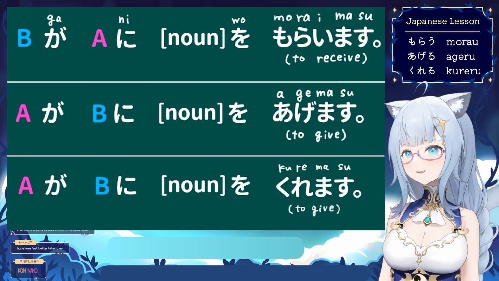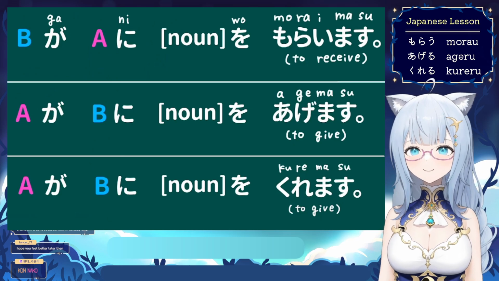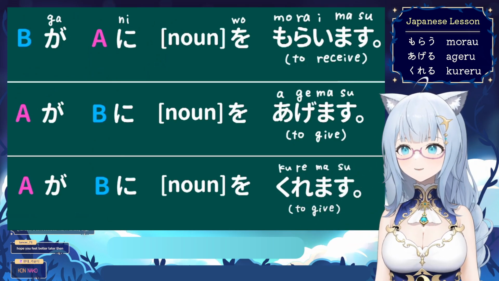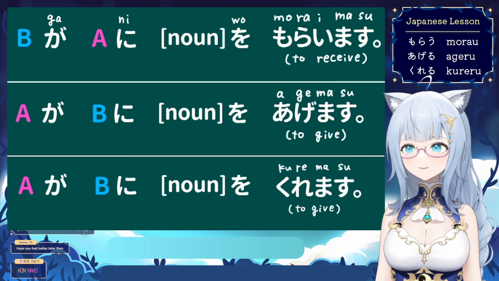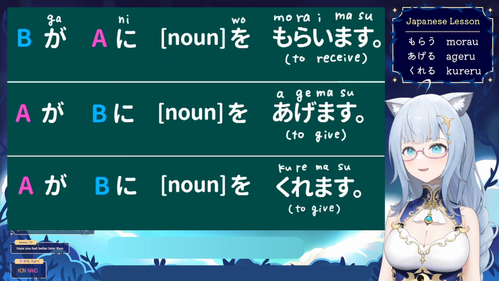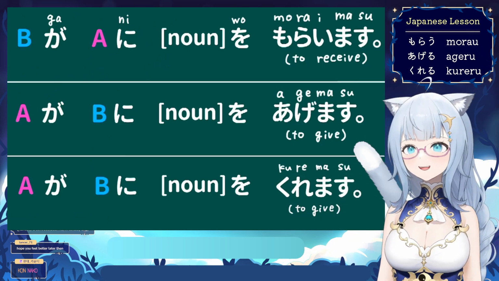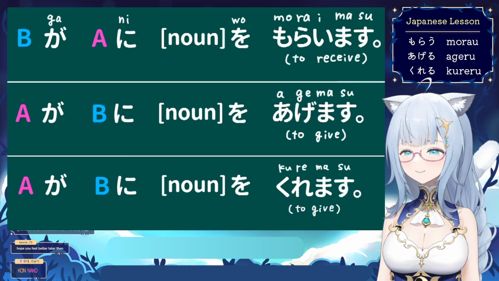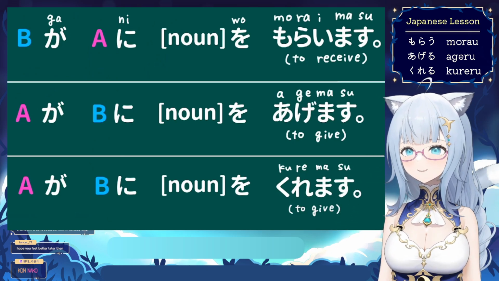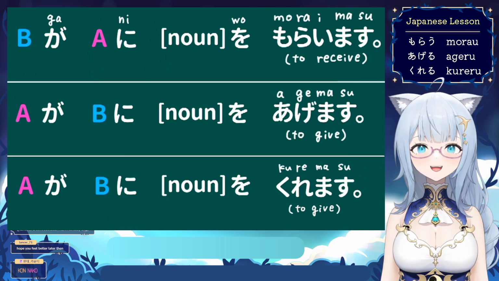Okay. Second one and third one are to give. So in English, the same meaning, but in Japanese, we have two ways of expressing. A が B に noun をあげます。A gives noun to B. And くれます。A gives noun to B. A が B に noun をくれます。